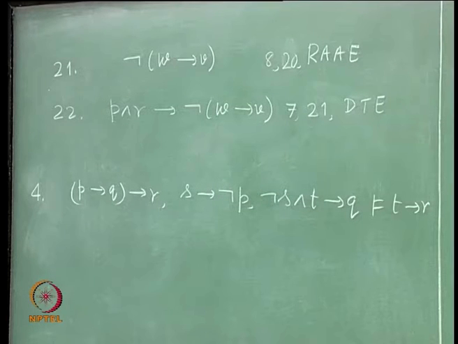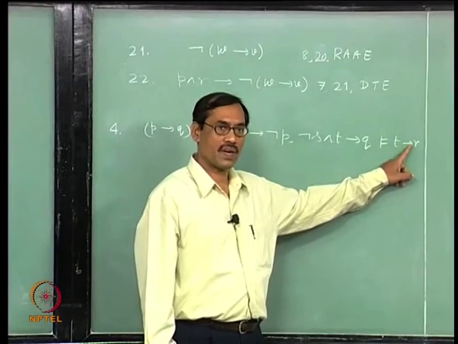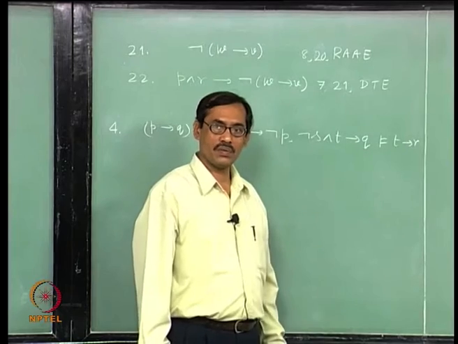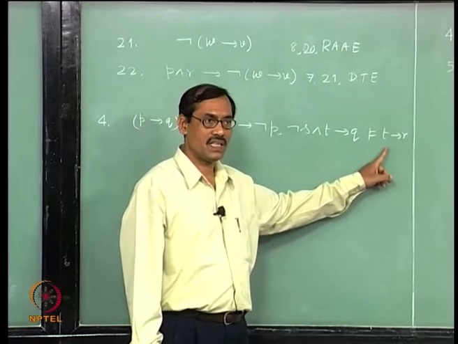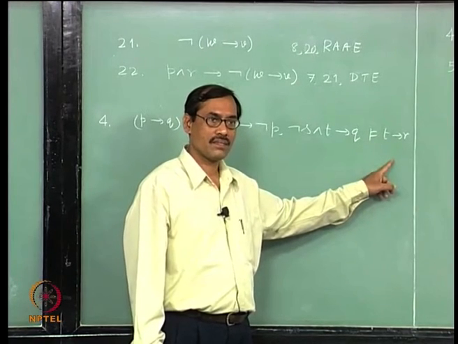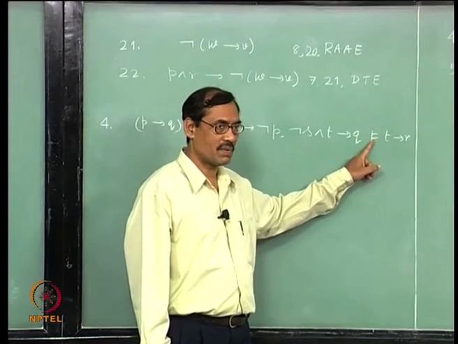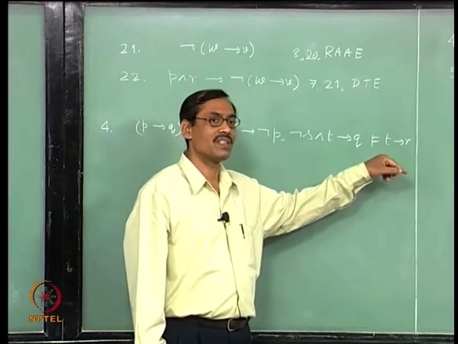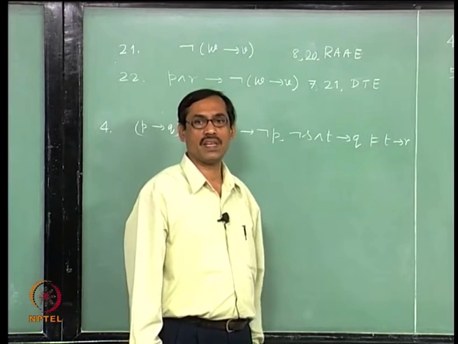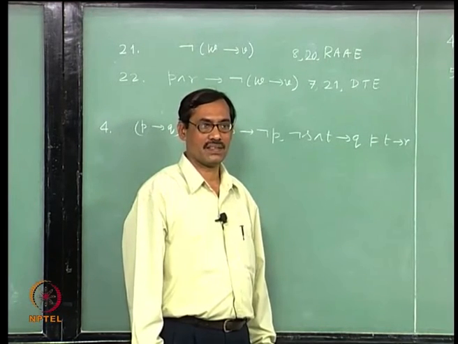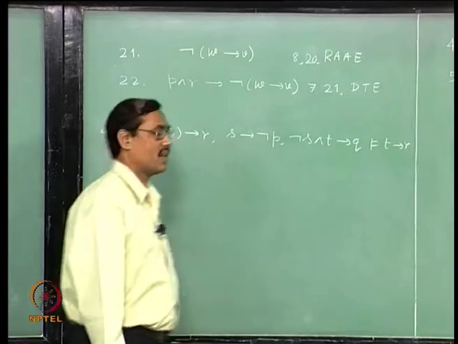Okay. So, here again your strategy says, if you use the deduction theorem, assume T in for R, fine. If you want to use reductio ad absurdum, you start with not of T implies R, that will give you T, that will also give you not R, right. That is the same thing as taking T as an extra premise concluding R, and after that using reductio ad absurdum, T then not R also, and then infer one contradiction, fine. But here it may be possible to get R directly without going to RAA. So, let us see that.